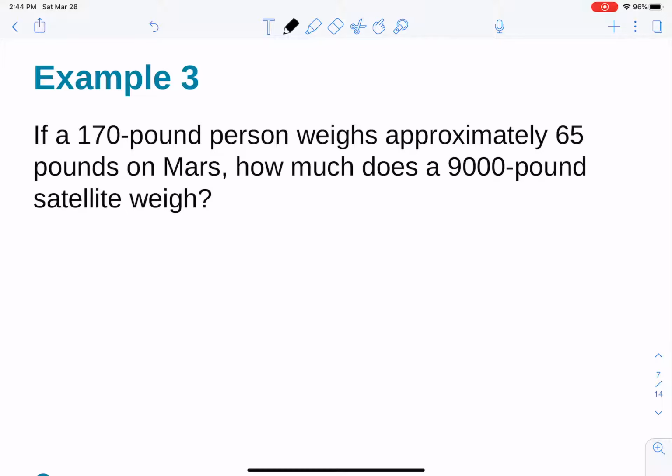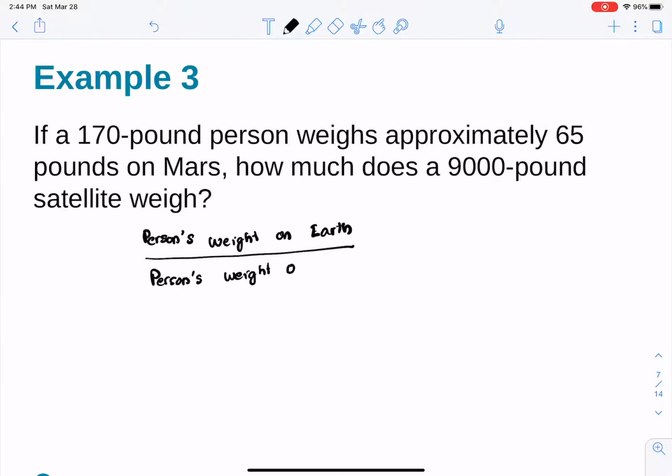So we could convert this to a person's weight on Earth divided by the satellite's weight on Earth